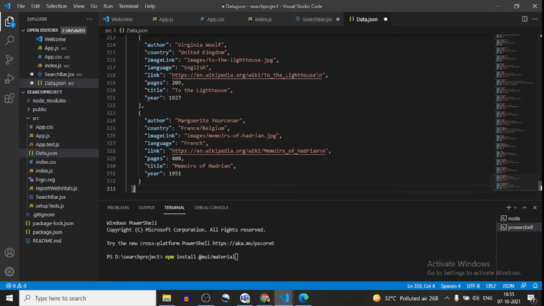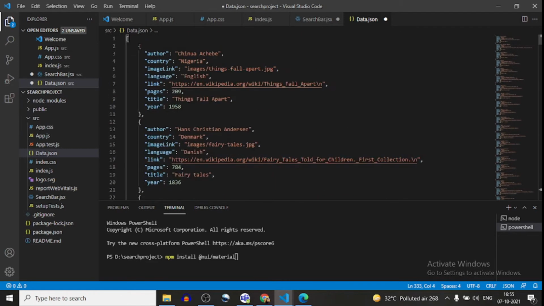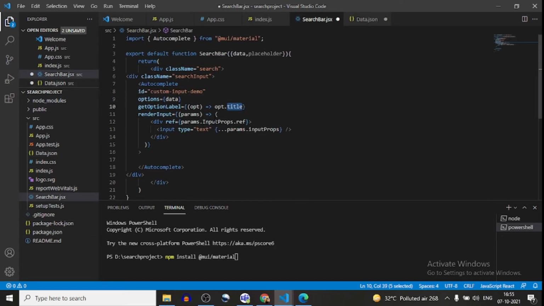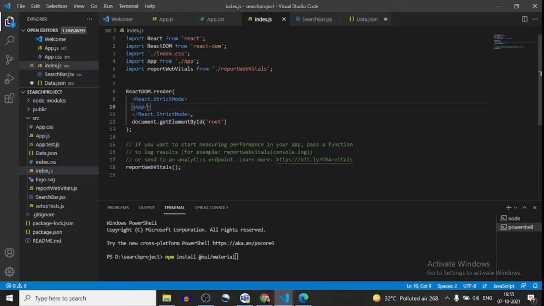I will copy and paste this JSON data. Here we have the properties author, country, image link, and title. I want to bind by title. Now these props I have to pass from index.js.